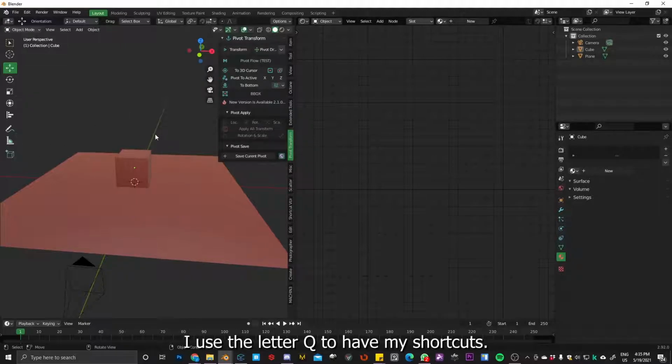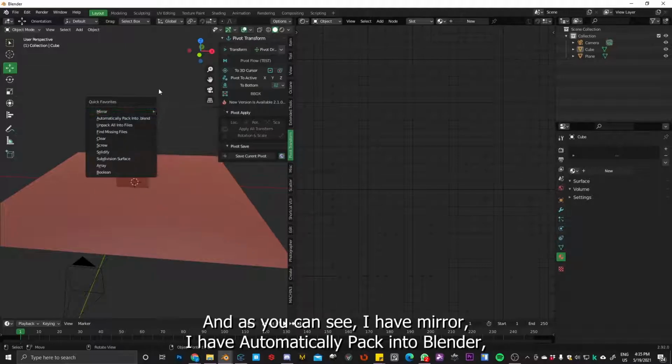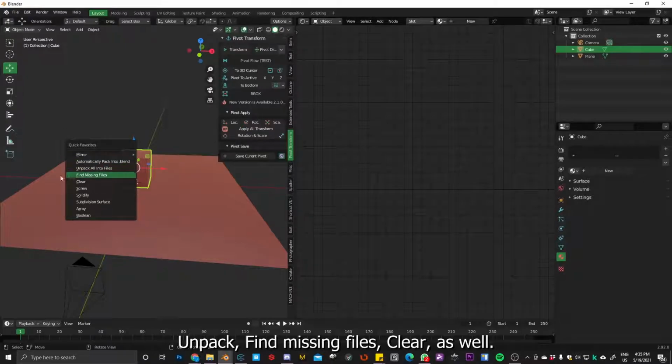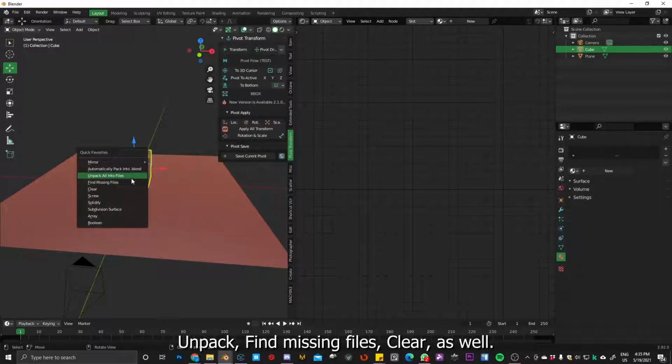Okay, so the next thing we're going to talk about is my favorite shortcuts. So I use the letter Q to have my shortcuts, and as you can see, I have mirror, I have, let me see, I have automatic pack into Blender, unpack, find missing files, clear as well.